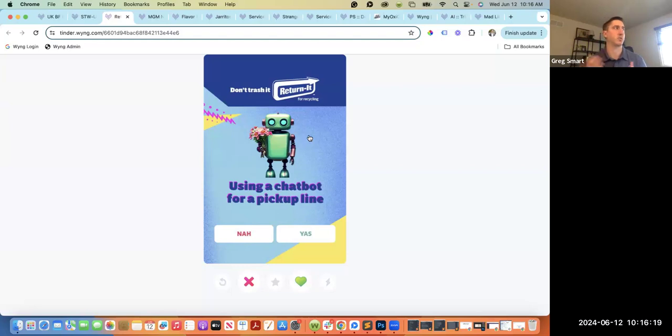Some of the few use cases we've seen here, kind of polling like you're seeing here. We've also seen this pop up for wish lists or style guides and things like that for some of our beauty and cosmetics and clothing brands that we work with. So a lot of cool possibilities in terms of the types of new experiences, especially focused on mobile, that you can run with